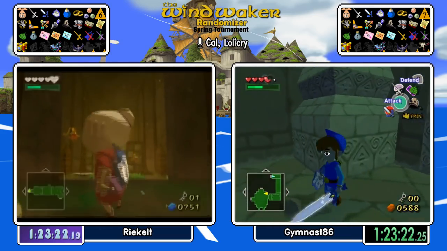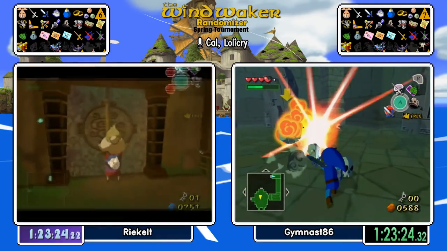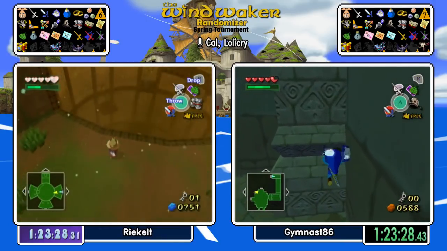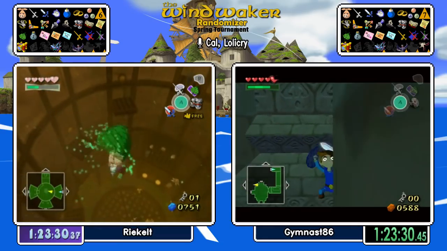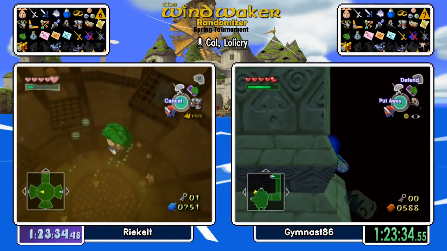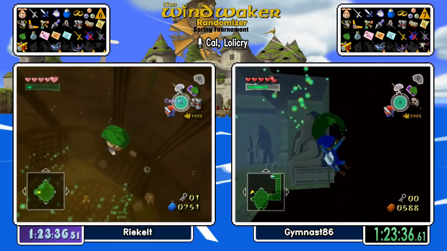Jim is now going to skip the small key usually required to get into that room. And he's now going to do another clip to skip the next stone, which you'd usually have to destroy with light and